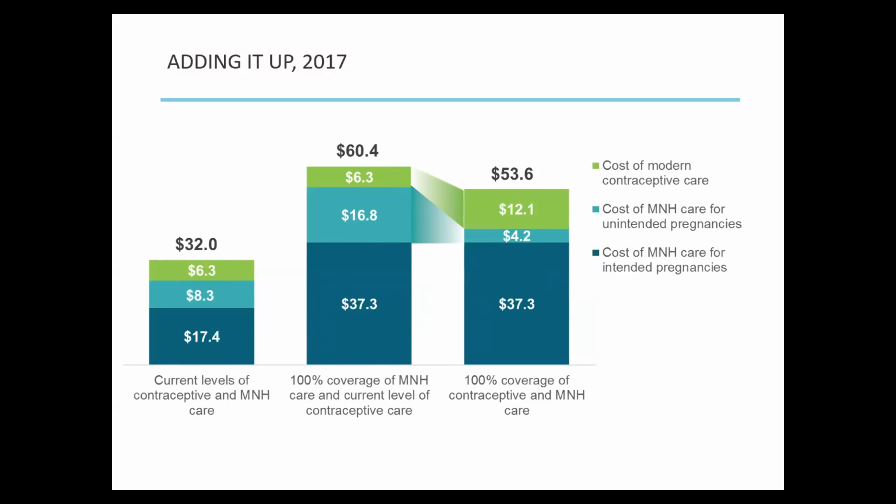So what we see here is an increase in cost of modern contraceptives that reduces unintended pregnancy, and therefore you have less costs of care for those unintended pregnancies. So it's a very mathematical approach. It's based in our understanding of unmet need and in the costs of meeting that need and in the costs of care. And so what you see here, next slide please,